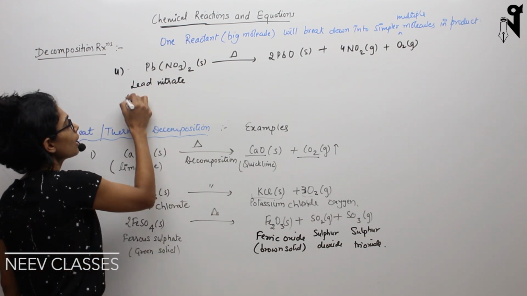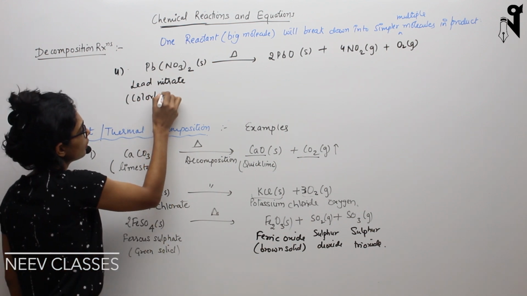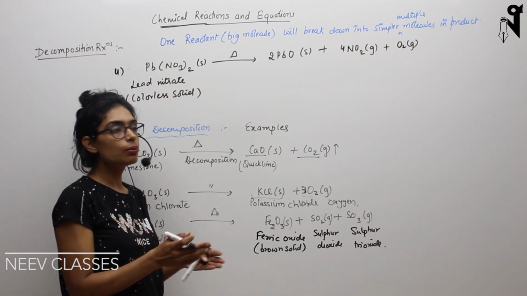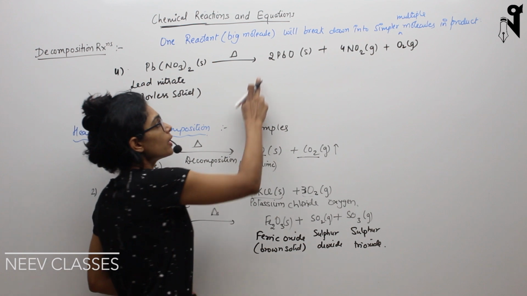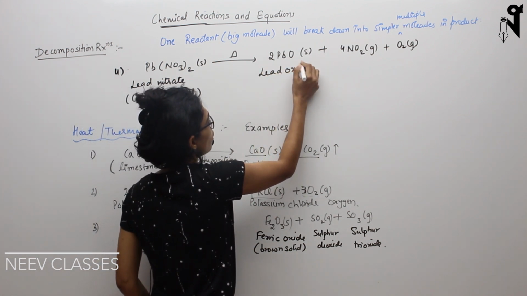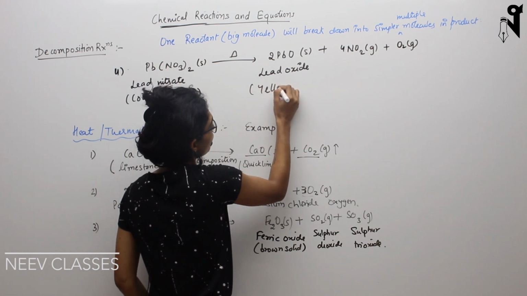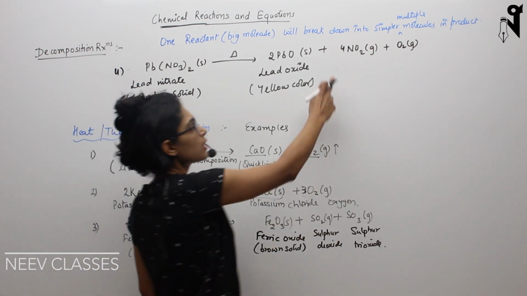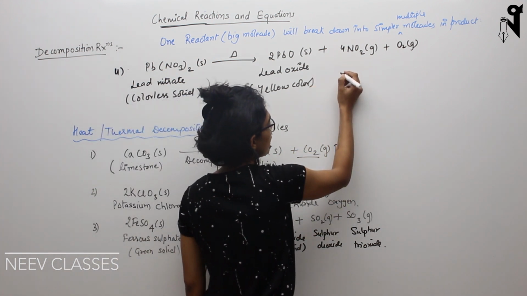Okay, this is your colorless solid, and when we heat it, it breaks down into multiple smaller molecules. One is lead oxide, and this lead oxide is a yellow color solid. Then it breaks down into nitrogen dioxide,